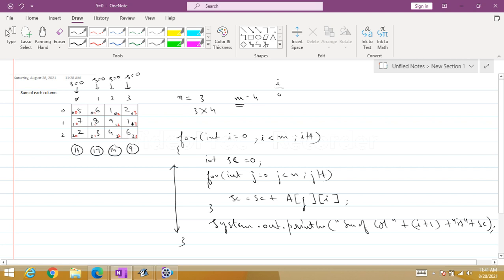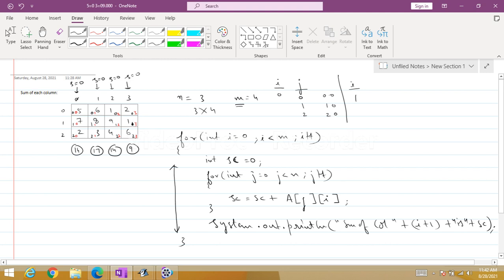Now how are we going to refer to this result? It's pretty simple. i you have taken as 0 and j you have taken as again 0. So for the very first time you will be referring 0 0. Now j will become 1, you will refer ji, meaning 1 0. When j becomes 2, you will be referring 2 0. This is your first step.